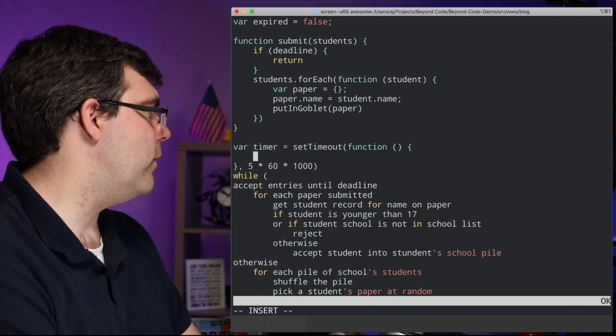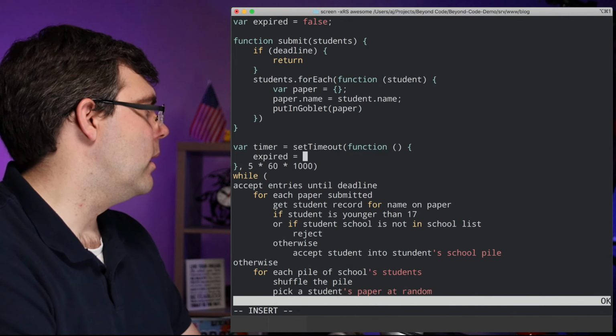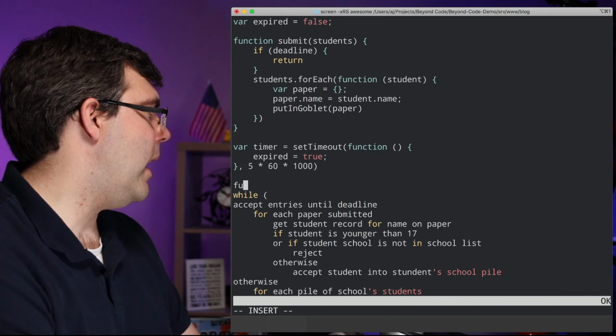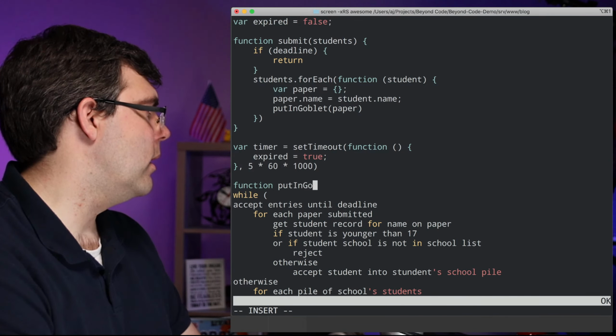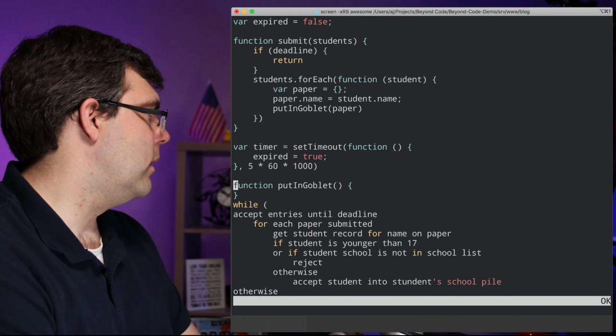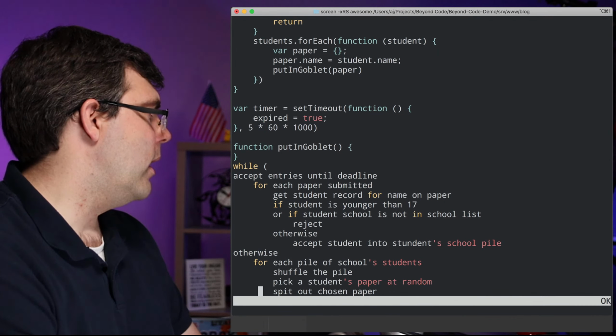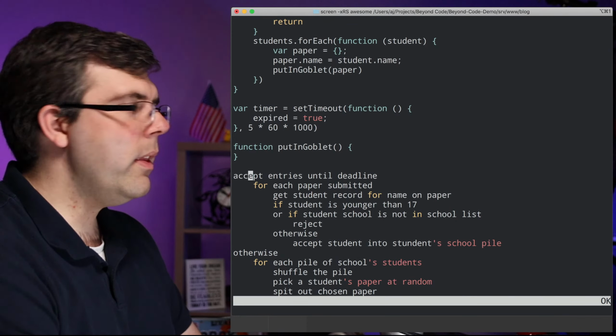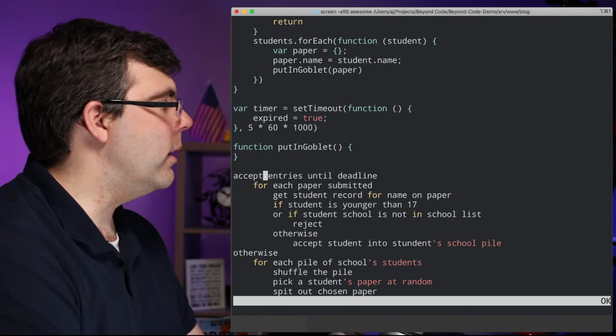And we'll say at the end of 5 minutes, expired is equal to true. And then we'll have a function put in goblet, because that's what we talked about here. And we won't do a while loop in this case. So the way that I wrote it out was kind of like a while loop, but let me explain why